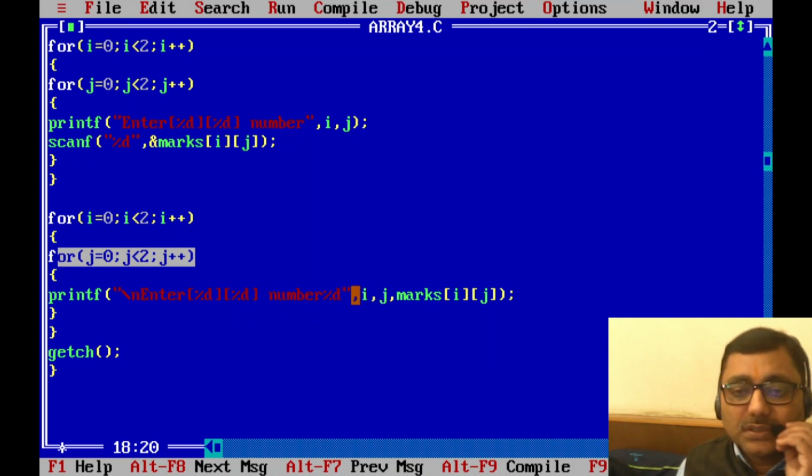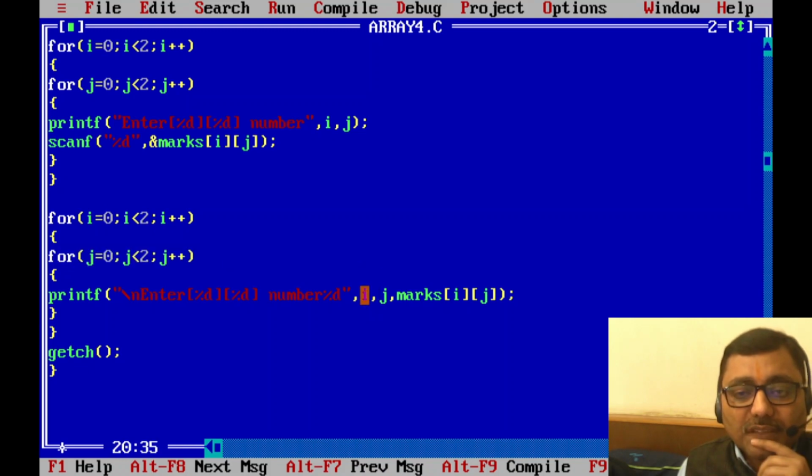So see it here, this i will be printed here, the value of j will be printed here. So i will depict the row and j will depict the column, and in total it will identify the location from where data is fetched.